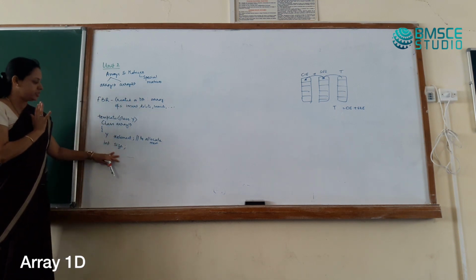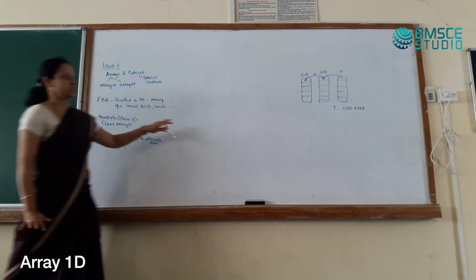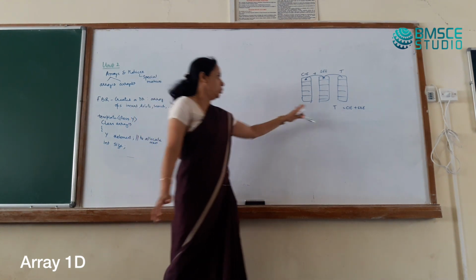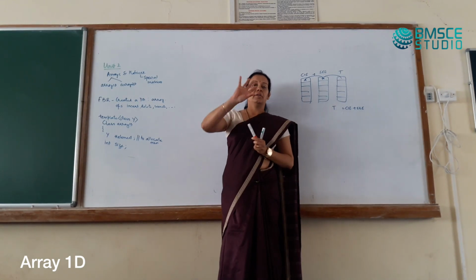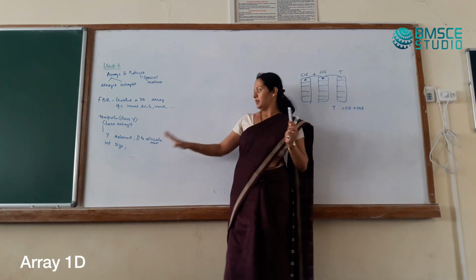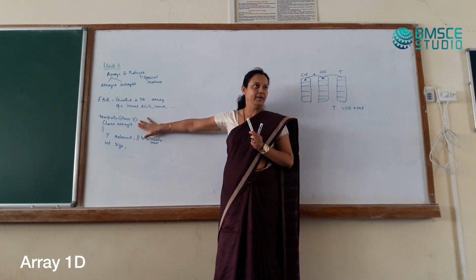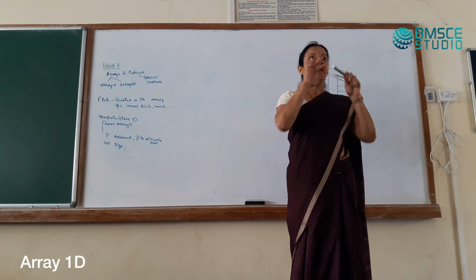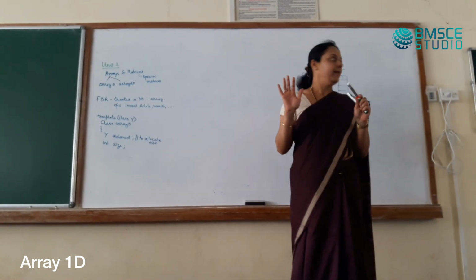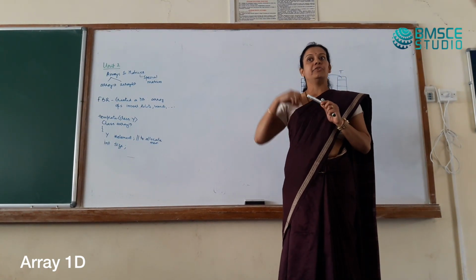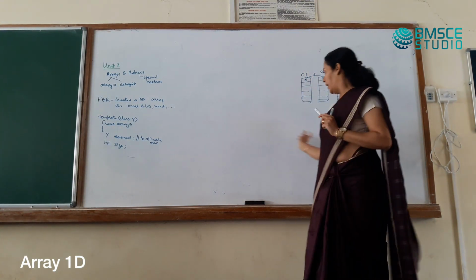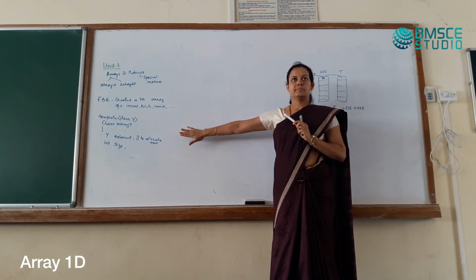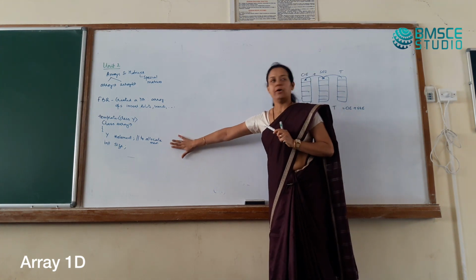Our intention of creating this class is to let some operations like this be possible. That is all. Based on what we want, we are creating. There is no rule, or no textbook that says if you create a class array 1D, only these things have to be there. No, it's not a compulsion. We are defining how we want to write. Is that clear? So in the tests or exams, if you are asked to perform something, then accordingly you will write the array class. Accordingly you develop the class. Is that clear? This is one way of doing things.